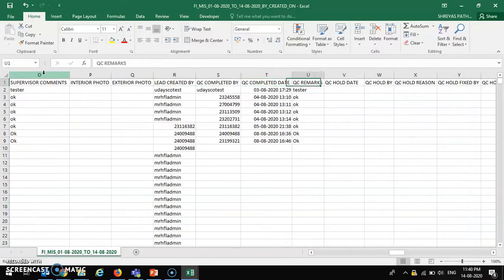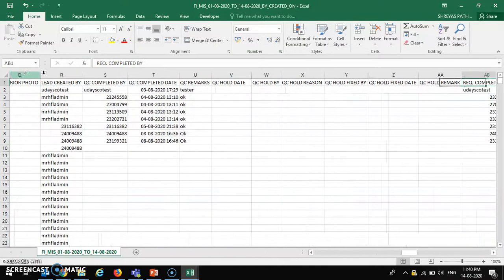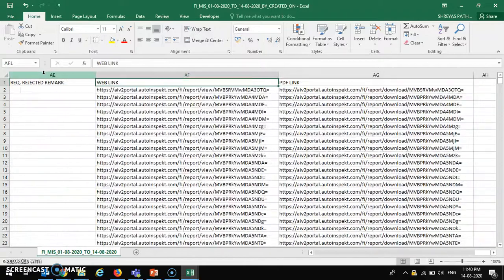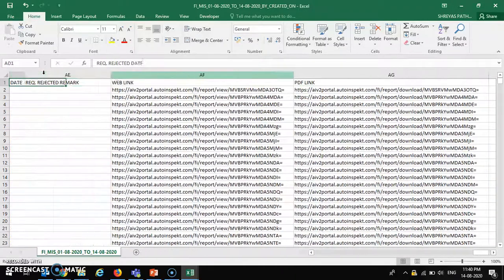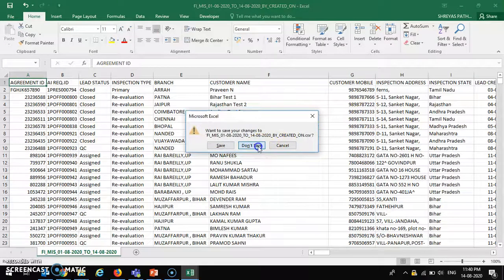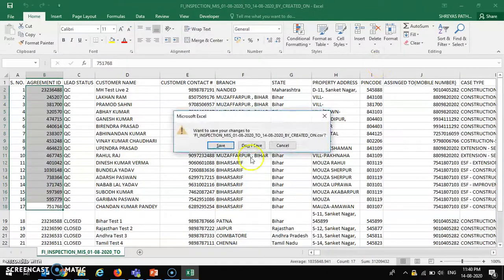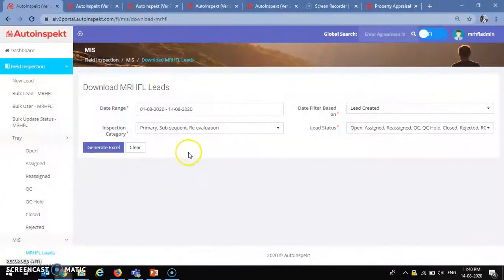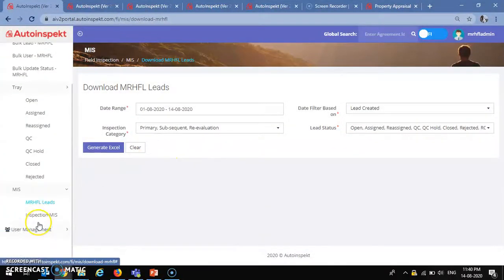And who completed it, who created the lead, who put it on hold, who rejected, accepted it, and a web link and PDF link of the report. You can simply copy that link and paste it on a browser, and it will show you the report. So this was in brief how to use the auto